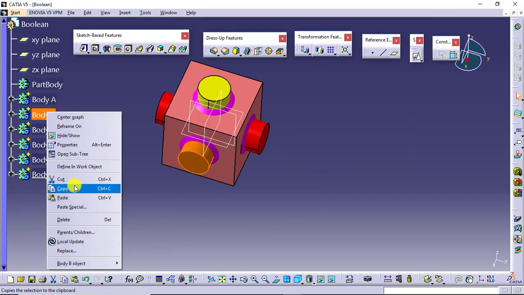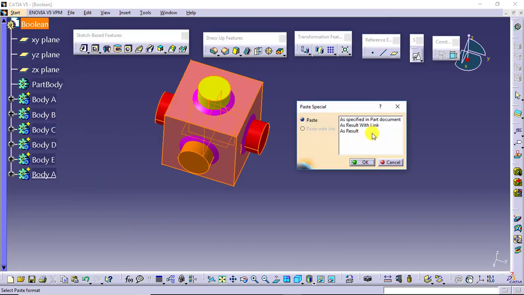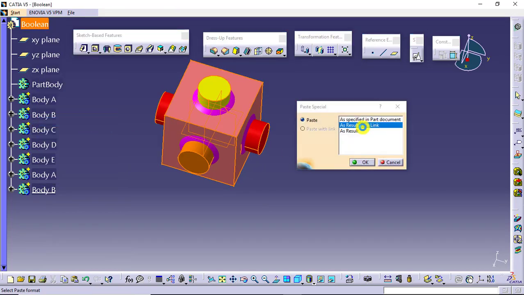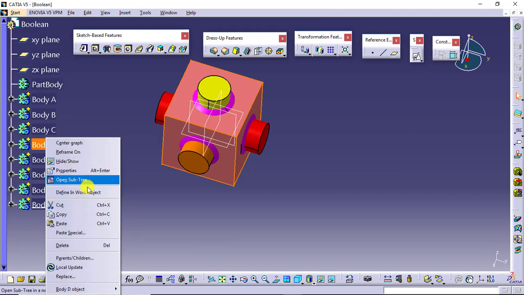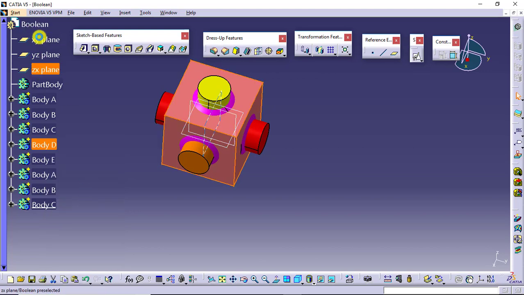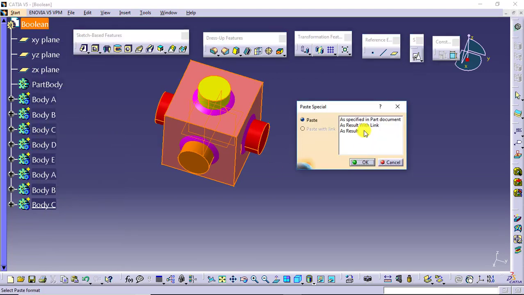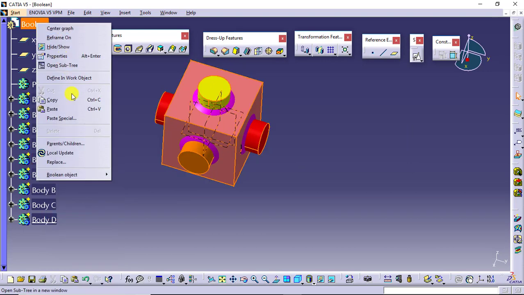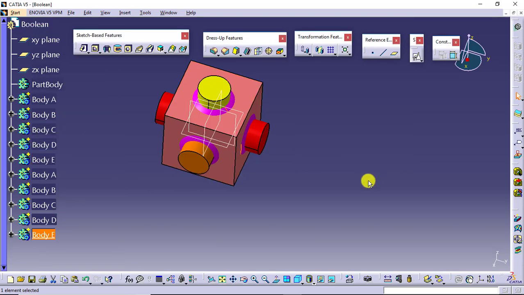Copy, paste special as result with link, copy, paste special as result with link, copy, paste special as result with link, and finally copy, paste special as result with link. I have made the copies just for clarification.